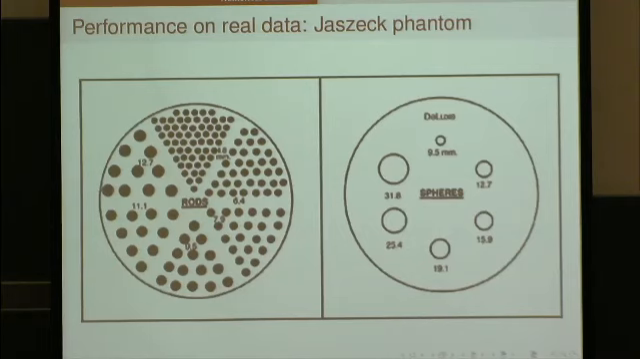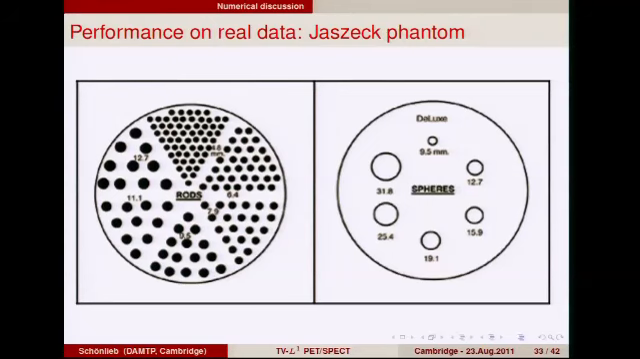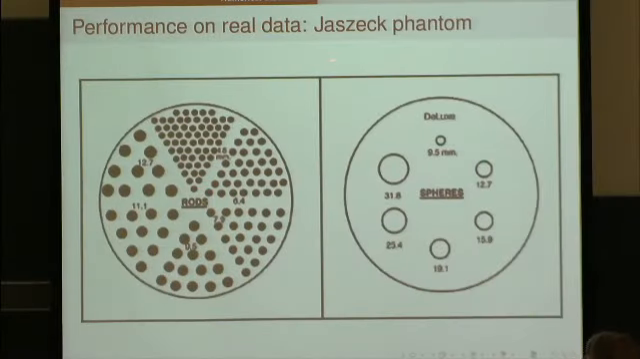So let me show you some examples for real measurements. And here, we kind of made a compromise between two things. We wanted real measurements, but we still wanted to validate our approach by having some kind of ground truth. So what we did is we took real data for the so-called Jaszczak phantom,